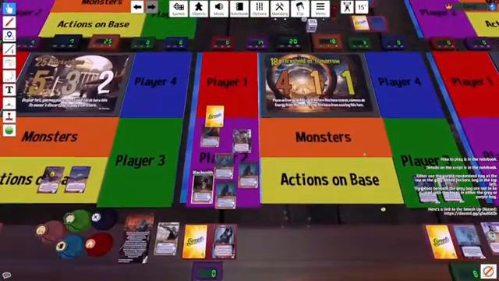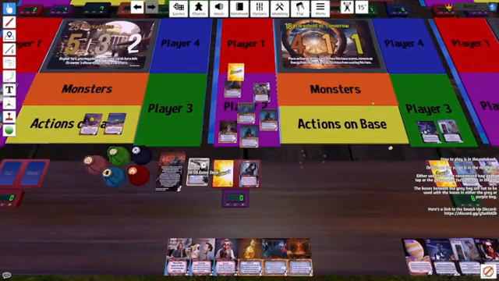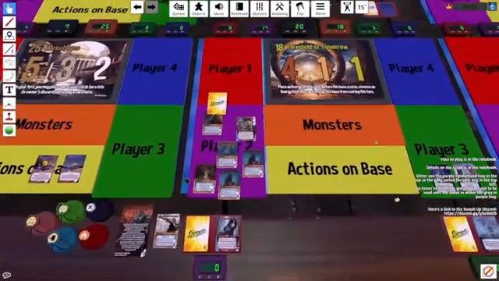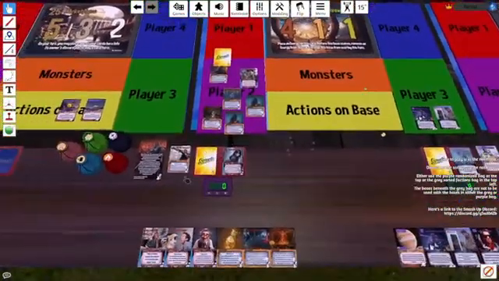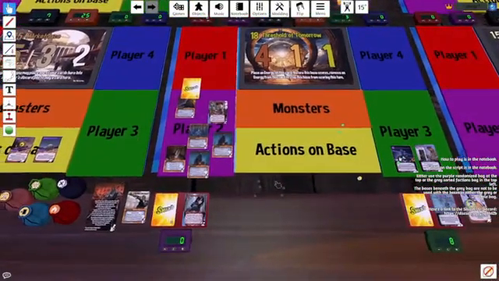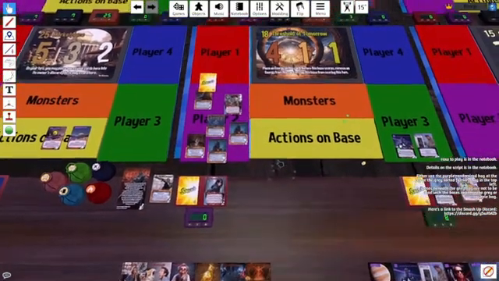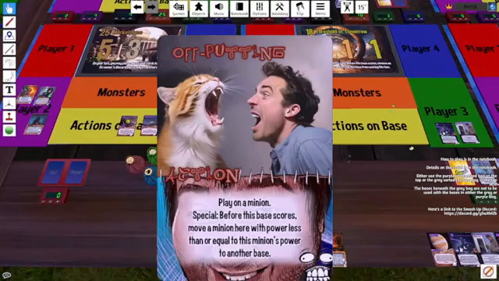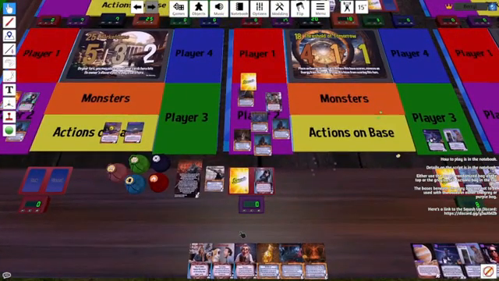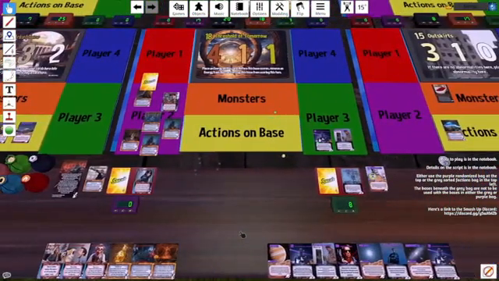And now we have a choice of whether we do off count or we do off putting. How many cards is off count going to draw? It's going to draw us 2 cards, I think. One from Endoskeleton, one from whoever Voodoo Doll Kid hits. I don't know about that. That doesn't seem worth it. Let's just do off putting, I suppose. Or we can just do Estus Flask to try and...